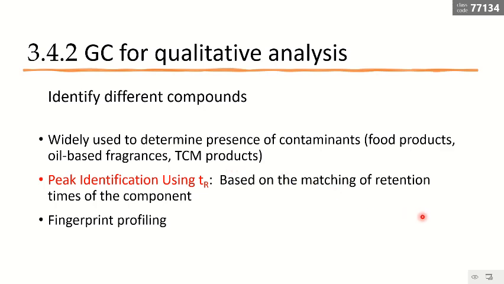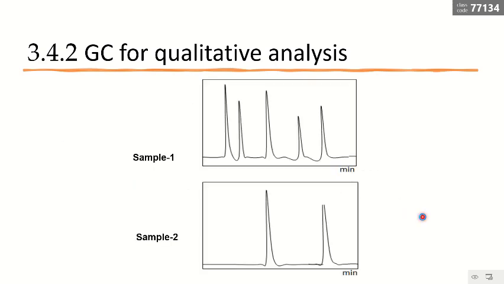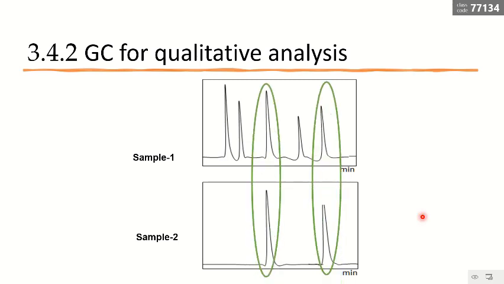I will give you an example to elaborate what this means. Here we have two GC chromatograms, or GC profiles. I have sample 1 and sample 2. In sample 1, I have 1, 2, 3, 4, 5 peaks, and in sample 2, I have 2 peaks. If we compare these two samples, we will find out this